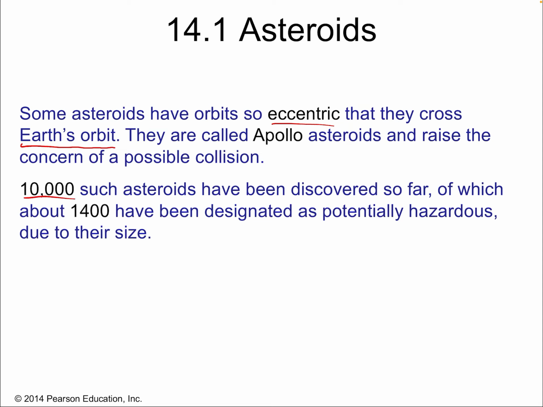So there are 10,000 such asteroids that have been discovered so far, of which about 1,400 have been designated as potential hazards due to their size. Okay, so we track those. We make sure we can predict when their closest encounters are going to be. And there's none that are definitive, terrible collisions that we know of, and we're just tracking all the ones that